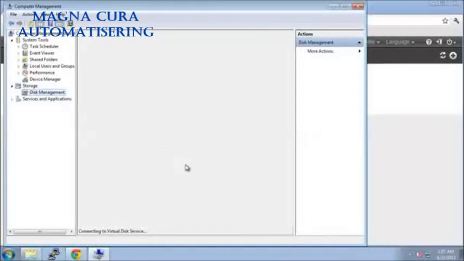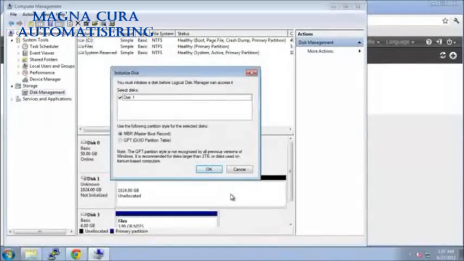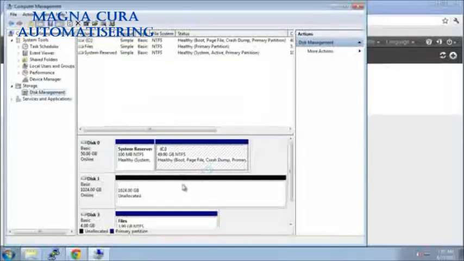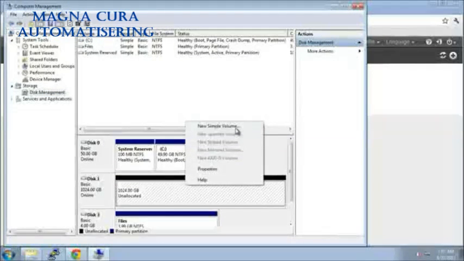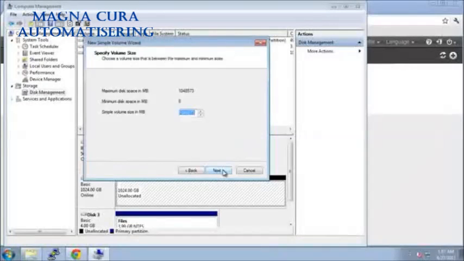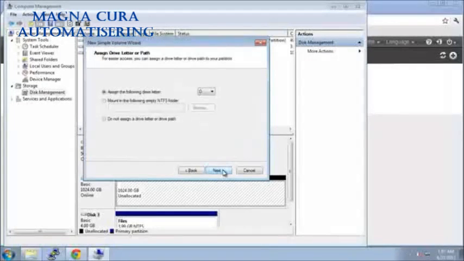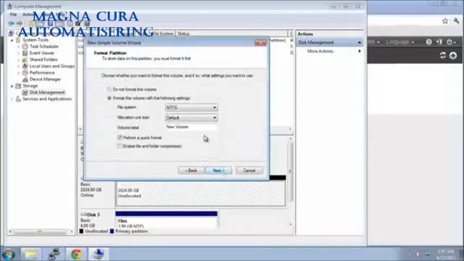We'll notice that Disk Manager wants to initialize a new disk. We click OK, and the disk is initialized. We then need to format this disk. We click New Simple Volume and go through the standard Wizard formatting utility. When we're finished, we'll have a D drive known as App Data.